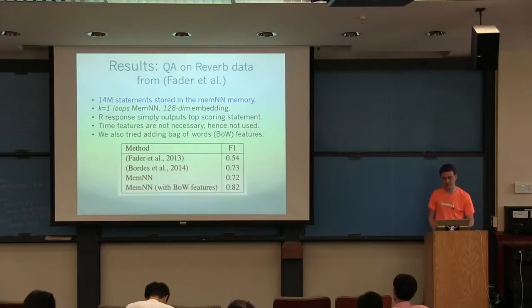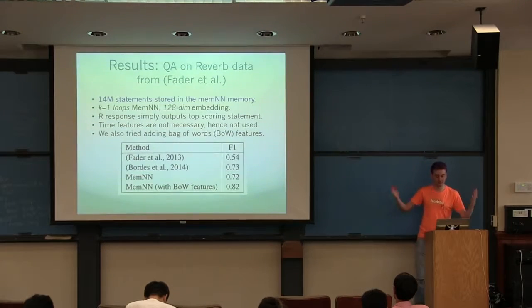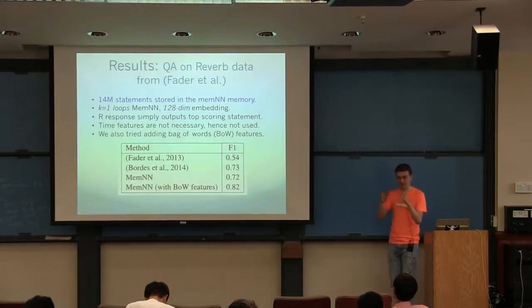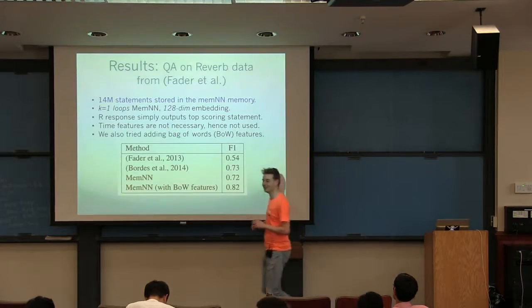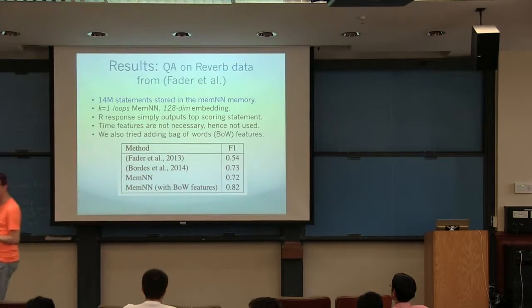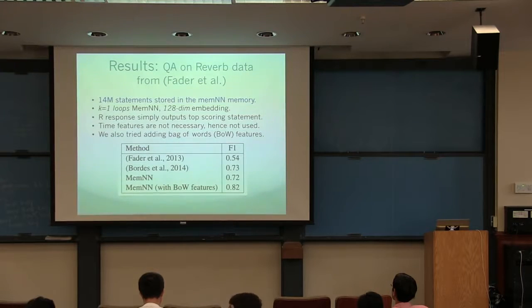Yeah, so on the real data set, that's the one with the 40 million statements, this Milne authored Winnie the Pooh kind of stuff. Yeah, okay. So when you take the memory, that's independent of what you chose in the first memory, right? When you choose the outputs, that's independent. It's three independent networks. You're training three networks. One for the response, you mean?